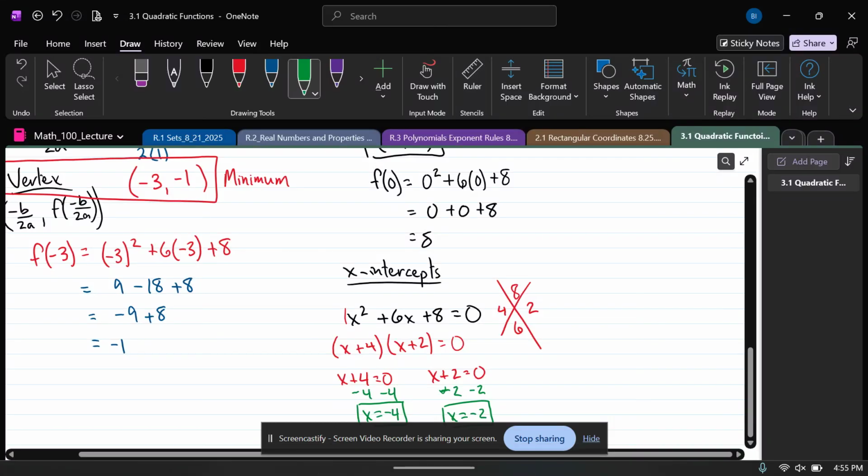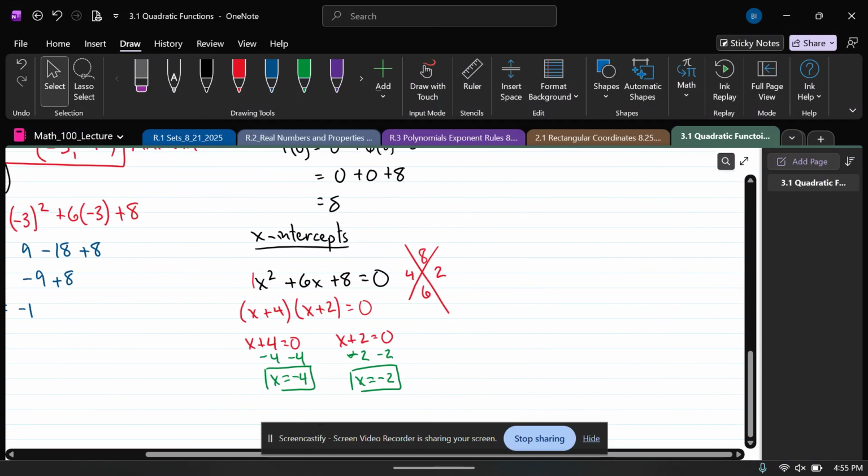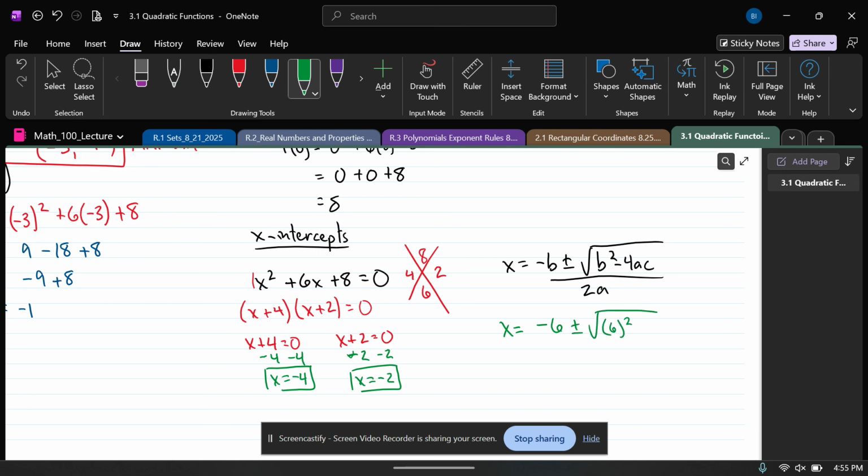Now I'm going to do it with the quadratic formula just to practice that because we need practice with that because we're going to have to use it at some point. So -b plus or minus the discriminant, b squared minus 4ac, all divided by 2a. So this is exactly what we did on lab 18. So I'm setting up, I got x equals -6 plus or minus 6 squared minus 4 times a times c